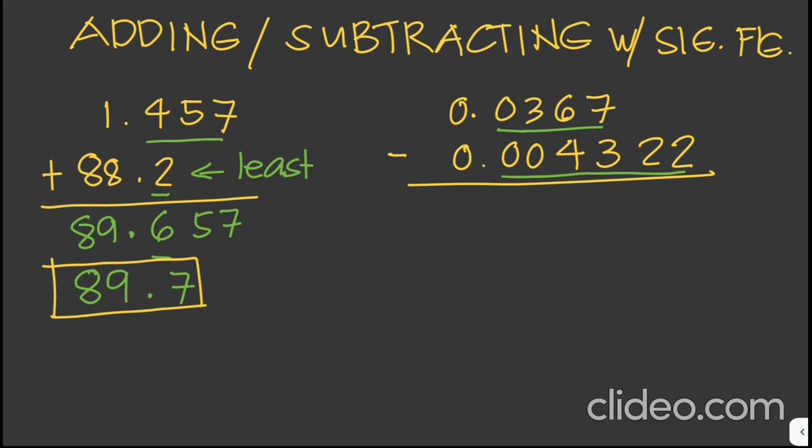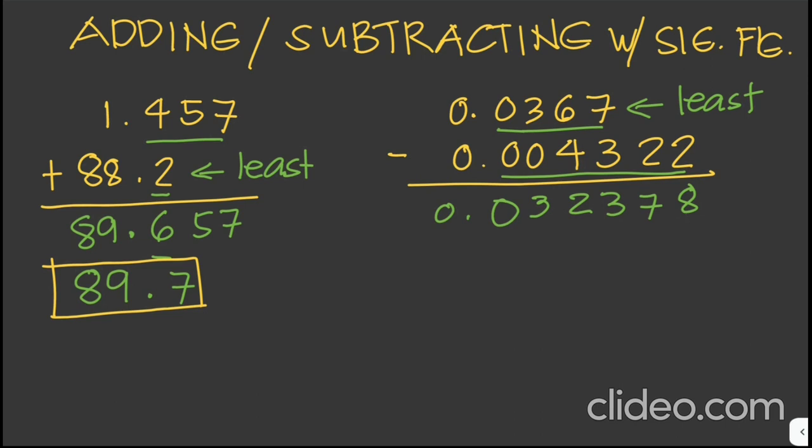Therefore, we round off our answer to 4 decimal places. So let's subtract this. So this is 8. 9 minus 2 is 7. 3, 2, 3, 0. So our answer here is